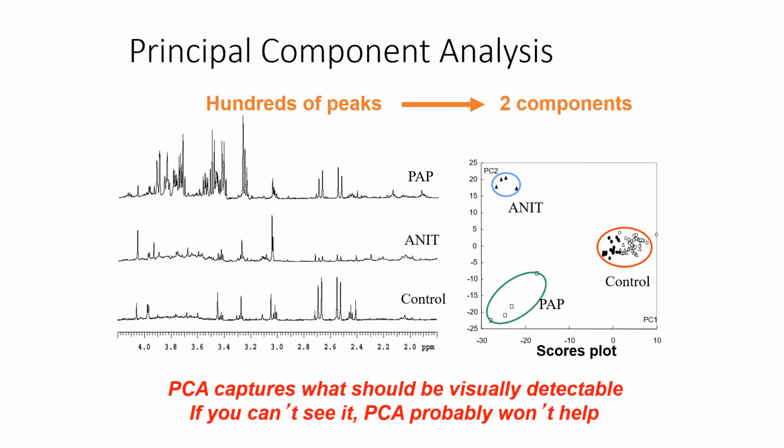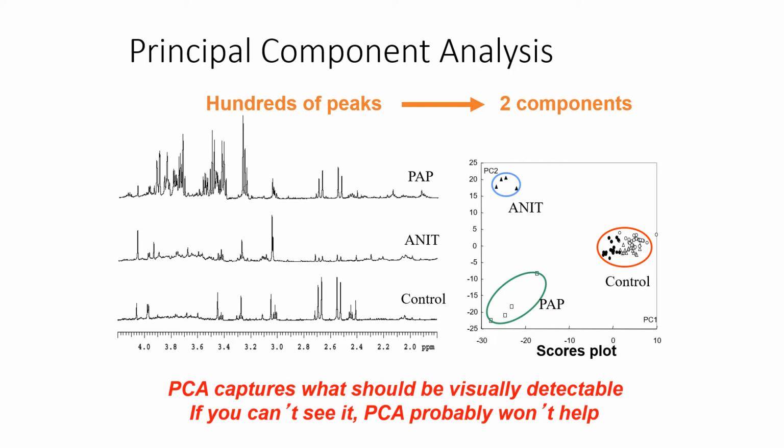Another way of thinking about principal component analysis is to take some spectrum. This is an NMR spectrum where there's hundreds of peaks, and we've converted those hundreds of peaks into just 2 components. We've looked at blood samples from animals that were treated with 2 different drugs, PAP and ANIT, and then control. Quite obviously, you can see there's a difference in the spectrum. That's something our eyes can see, but statistically, how do you show that? This is where we've converted all these hundreds of peaks into basically peak components